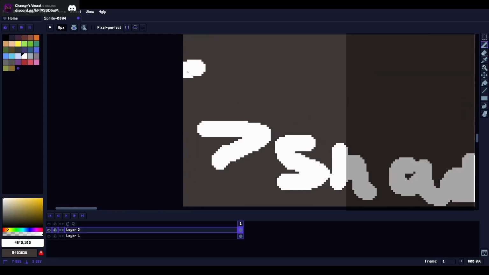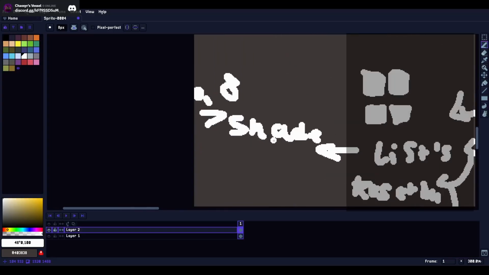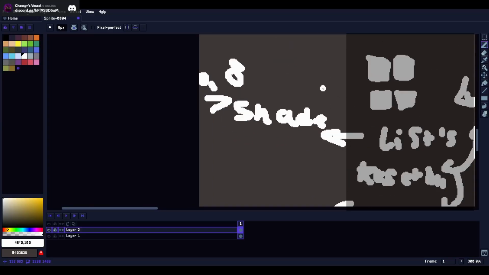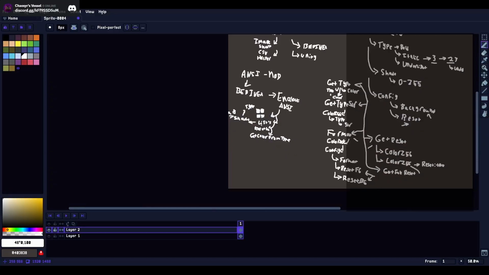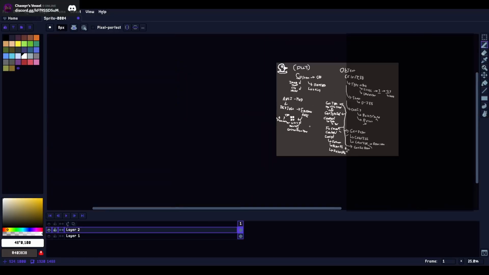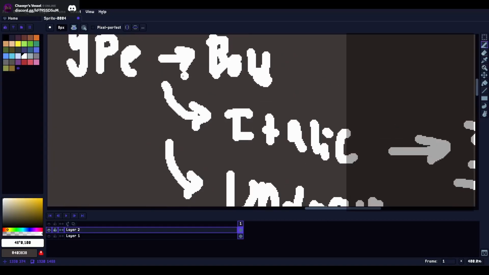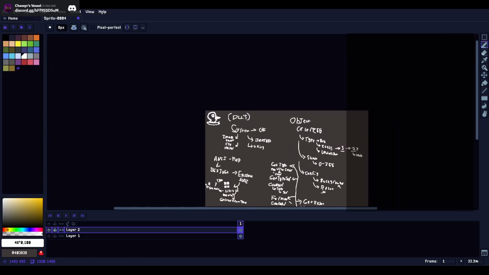Well, that's more so a 0 to 7 because there's 8 shades. But these each provided 8 shades associated with a type, which compared to this is obsolete. But essentially, what it did was make a list of 8 values for bold, italic, underlight, which I believe was called invisible,